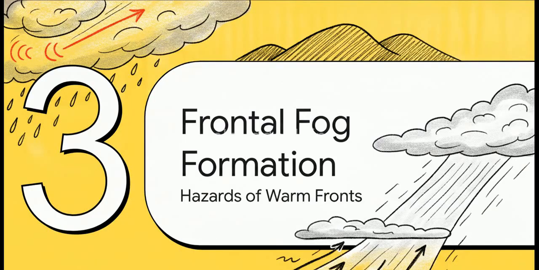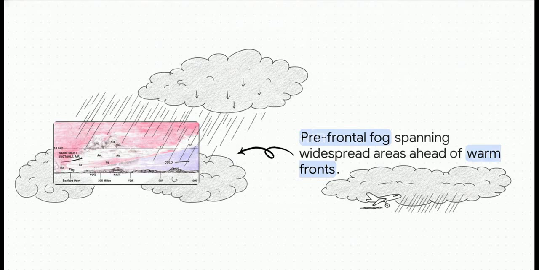Let's jump into Section 3, the formation of frontal fog. Now picture the structure of a warm front. You've got all this rain falling from the warm air mass up high, cascading down into the cold, very stable air trapped down near the surface. When that warm rain falls, it actually evaporates into the colder air. And this evaporation adds a ton of moisture to the cold air, rapidly raising its dew point until the air becomes completely 100% saturated. The result? Massive, incredibly persistent banks of prefrontal fog.